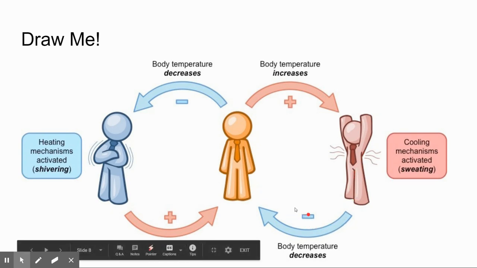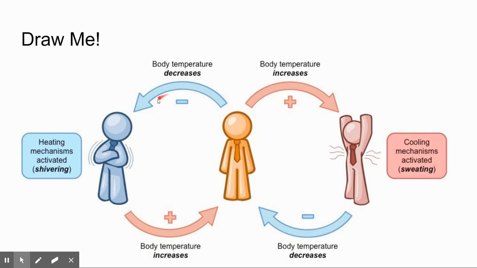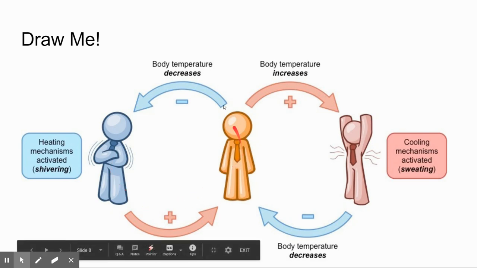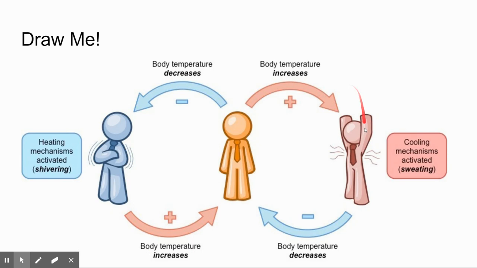However, if our body temperature gets too low and we decrease it too far, even if it's in the summer, you can end up shivering because you've sweated too much. This shivering makes your muscles quickly contract and release. This warms up your body and brings it back to a certain set point. So this is a negative feedback loop. One thing happens, it brings it back to a set point. Another thing can happen, it brings it back to a set point. If it goes too far in one direction, there is going to be a response that brings it back to that set point.